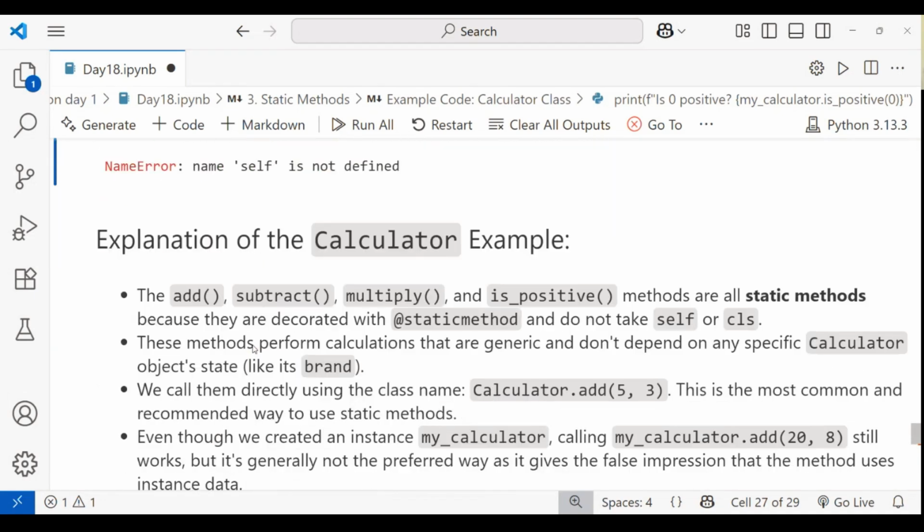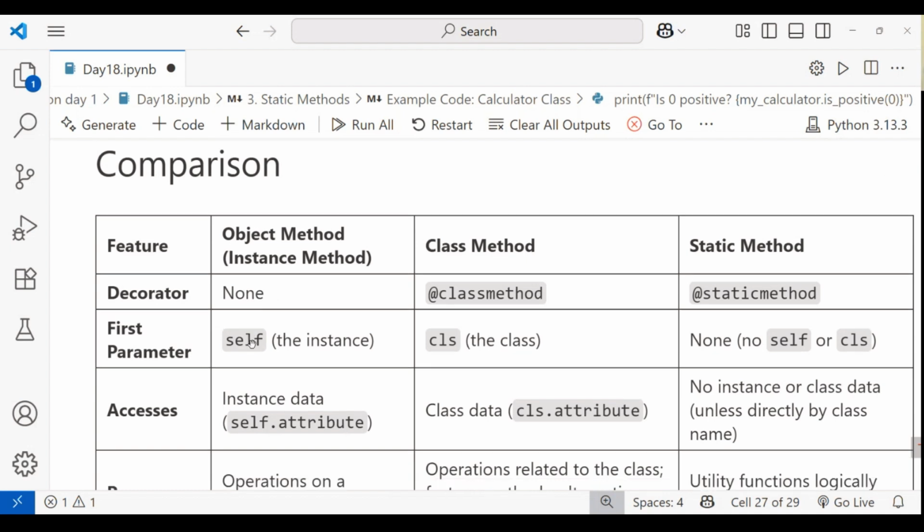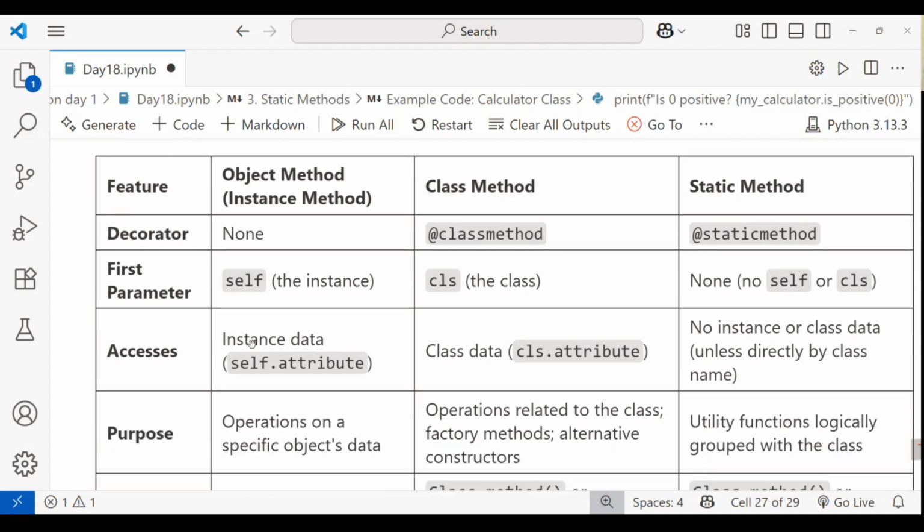And you can see a comparison so you can easily remember it. There are three types: object method, class method, and static method. The object method is also known as the instance method, and you have to use a decorator for the others. In the object method, you don't use any decorator, that is none. In the class method, you have to use one decorator, called at classmethod. In the static method, you have to use one method decorator, called as